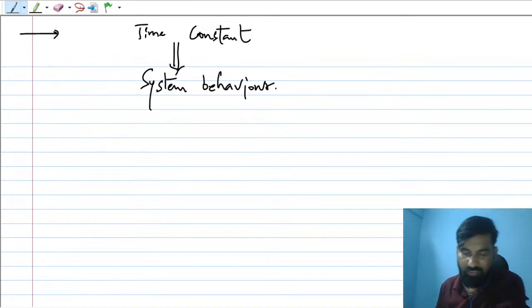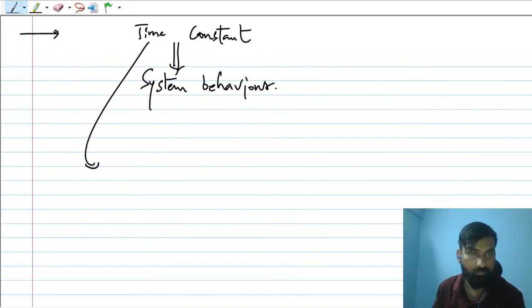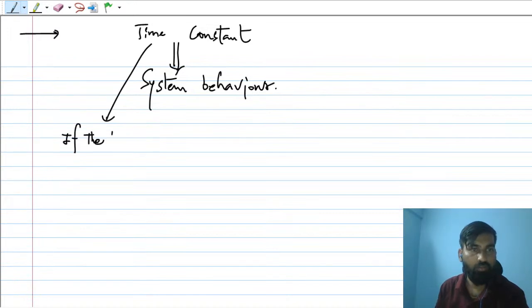If the time constant is very large, that kind of system response will be known as slow system response. And if the time constant is very small, these things you have to keep in mind. Here I'm just mentioning, if the time constant is very large,